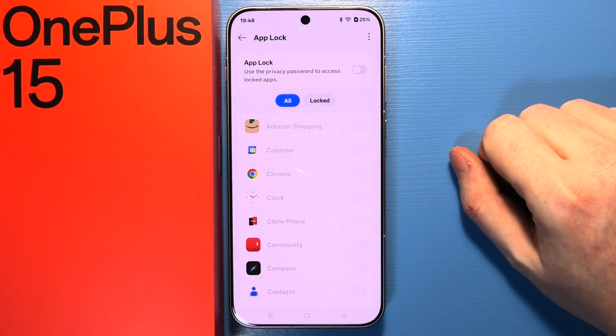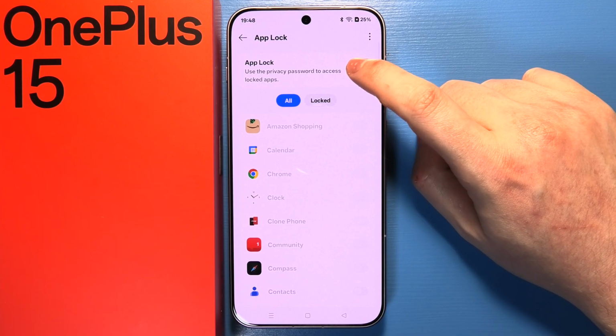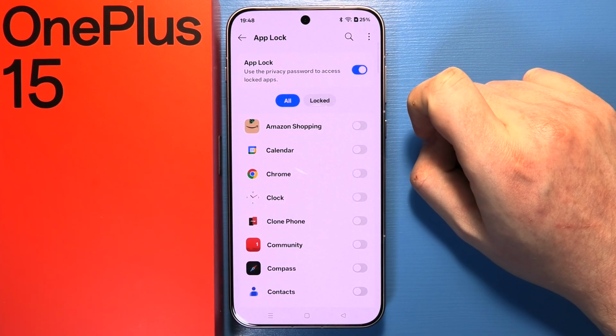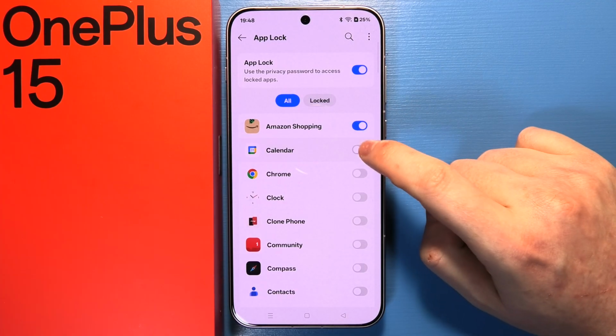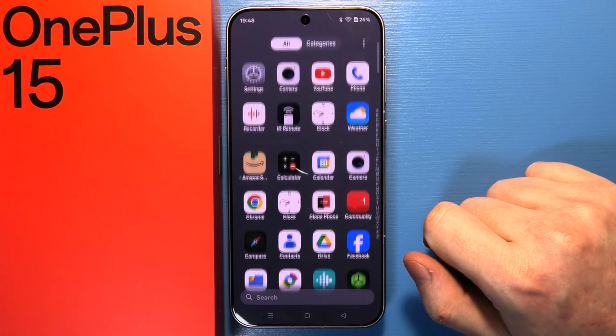Okay, so we have our app lock set up. Now you can activate the privacy password to access locked apps, and then you'll be able to lock specific apps. As you can see, I've locked 3 of them, and now if I go back and try to access one